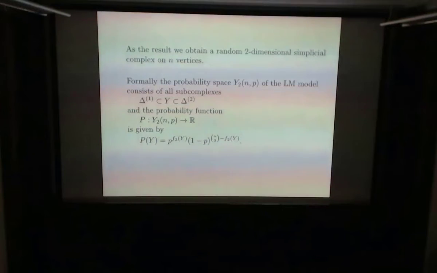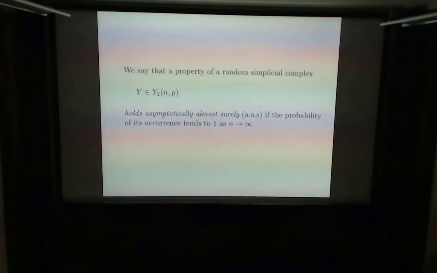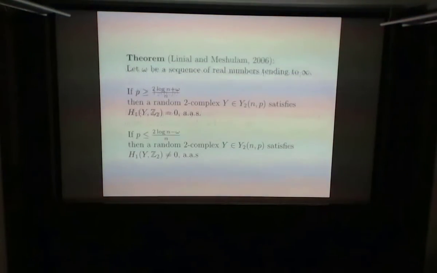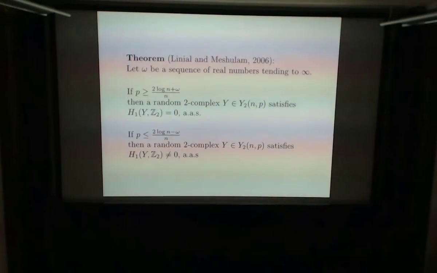So the theorem which, okay, so this again, this proper language which we use, asymptotically almost surely, means that the corresponding property holds with probability tending to 1 as n goes to infinity. And this language we use constantly. So the theorem which Linial-Meshulam proved in that paper is the following theorem,